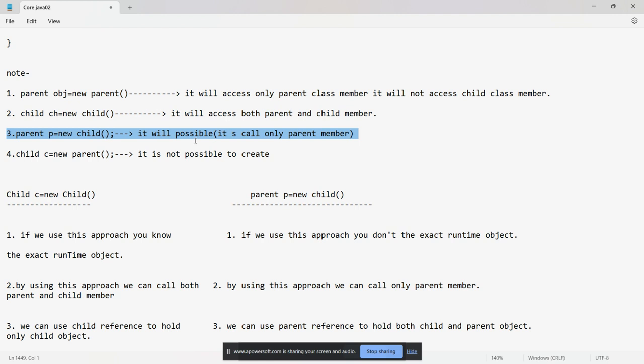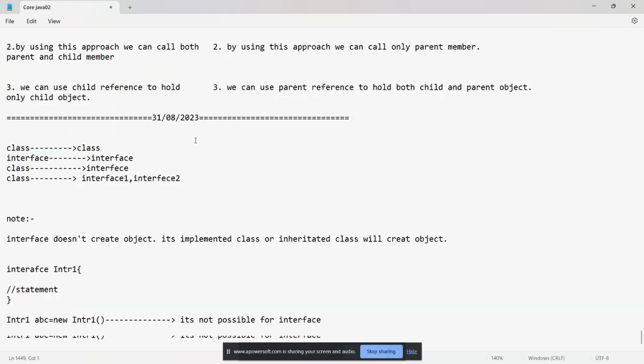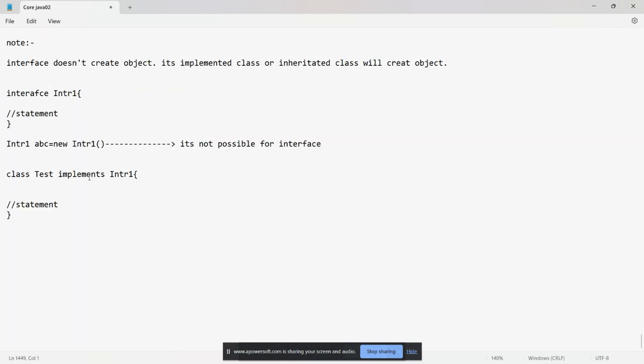Remember, Parent p equal to new Child. This is one test case, we discussed it in yesterday's session. It means the parent reference is injected with the child object. So with the same concept, here I need to provide